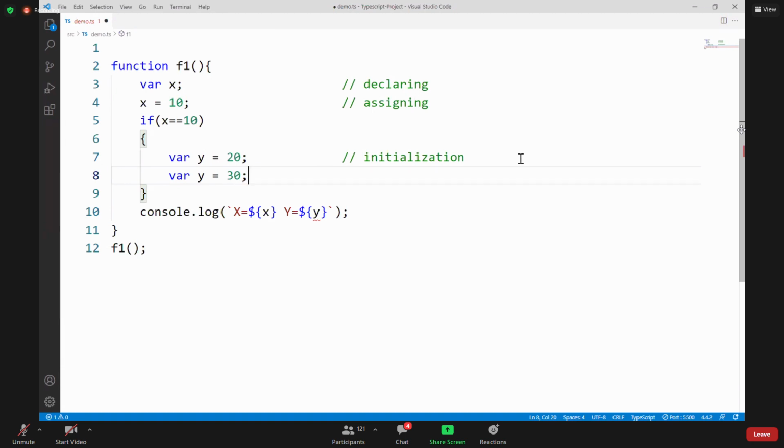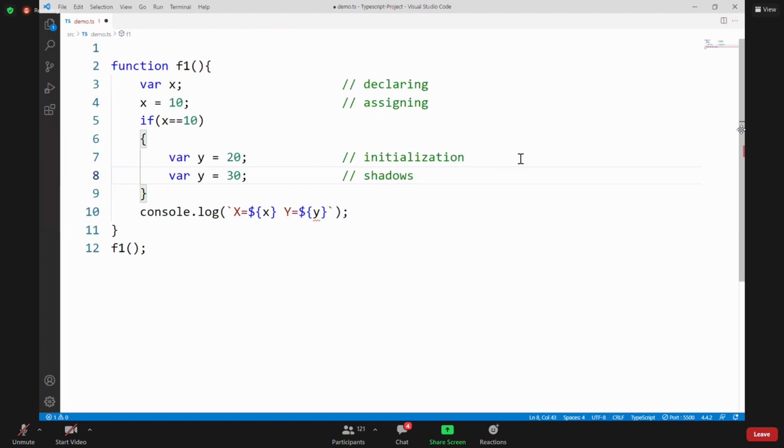Why we need shadowing? What is the specialty of shadowing? Where we use shadowing in real-time requirements? That's all you will learn generally in JavaScript, right? No need to repeat those things again and again. Here, this is called shadowing. Shadowing is the process of redeclaring the same name variable.